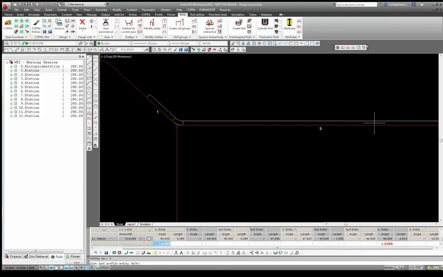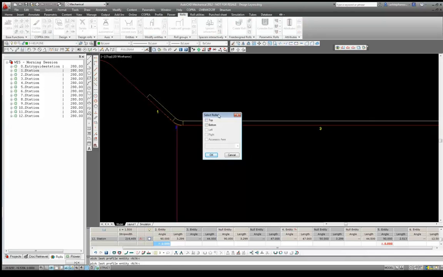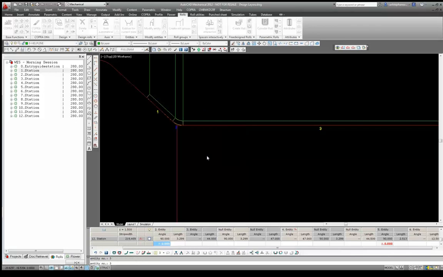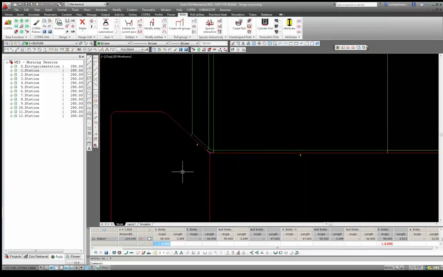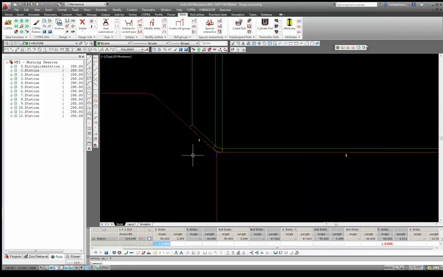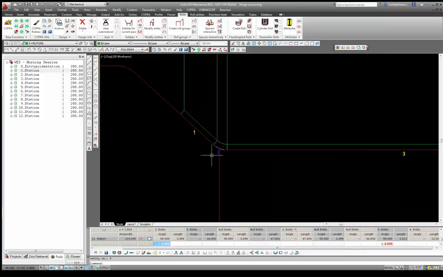We now specify for which axes we would like these entities to be displayed for, and in this example it will be the top, and we just press OK. So now I'm going to modify this entity. I'm going to give some relief on entity 1 using a Copra tool. Now these again can be used in free design roles. So I'm going to modify this entity,